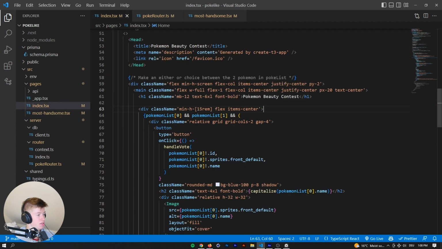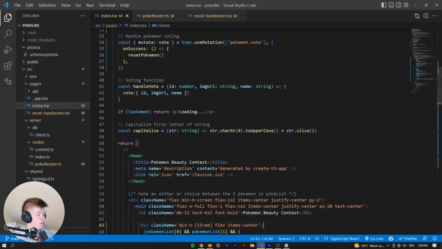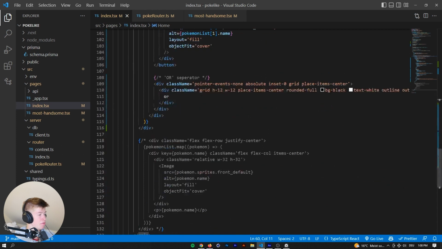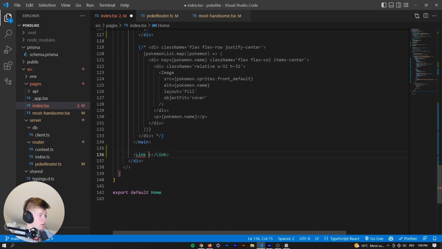That is very easy to do. Where do we want it though? Let's have it below the voting options. So that would be at the bottom of the main. So right here we would have a link, and that link we still need to import from Next. We'll have an href of